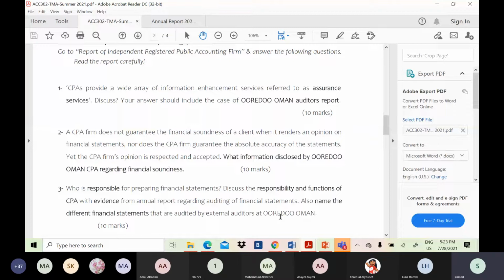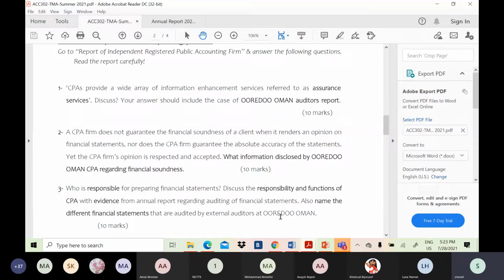Nor does the CBE firm guarantee the absolute accuracy of the statement. Do you remember when we said in chapter 2 that the auditor can provide a reasonable assurance, not absolute assurance? فاكرين الكلام ده؟